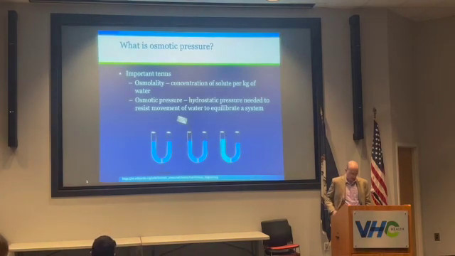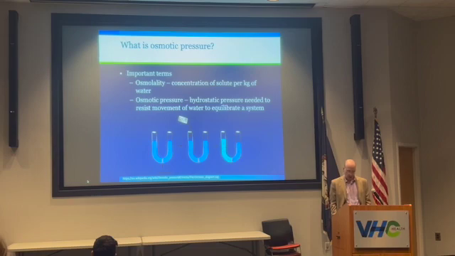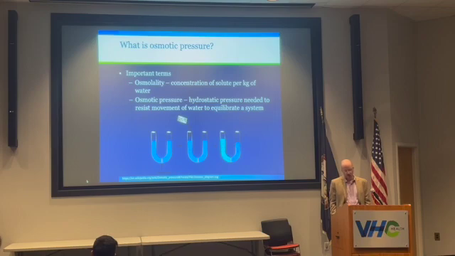Those are some important terms here. So what is osmolality? Well, that's the concentration of a dissolved substance that is osmotically active per kilogram of water. And again, osmotically active agents are those that determine osmotic pressure. And what is that? Osmotic pressure is the hydrostatic pressure needed to resist the movement of water in and out